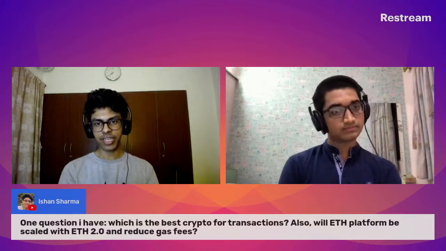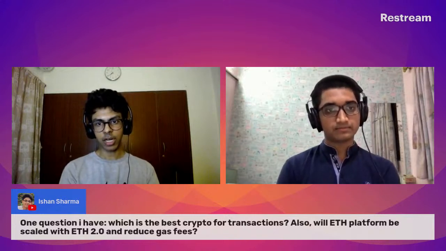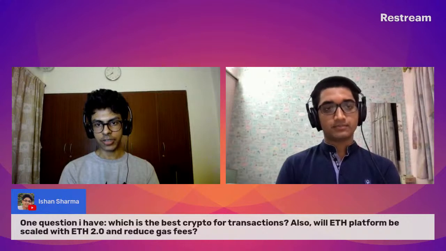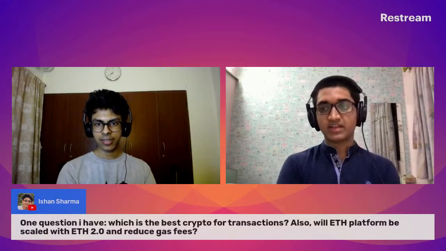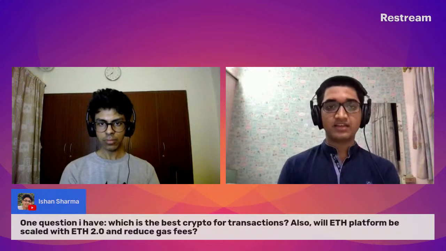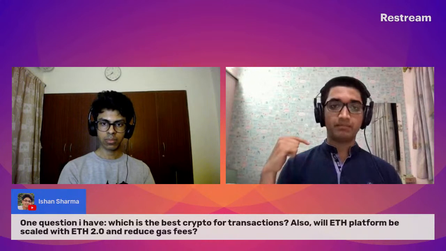Interesting. So you can do the transactions in pretty much any cryptocurrency. Why would you prefer a particular cryptocurrency for transaction? Right. So there are two things. The first thing is the underlying protocol, and the second thing is the stability of the value. So I'll cover each one. The first thing is the protocol. There are some protocols which are inherently really slow because of the kind of security measures which have been put into place. Best example, Bitcoin. Very slow. It can do like 3 to 4 transactions per large amount of time. I don't exactly know what the amount is right now, but it's very, very slow because it's very power intensive and very inefficient. All of that is a trade-off for security.